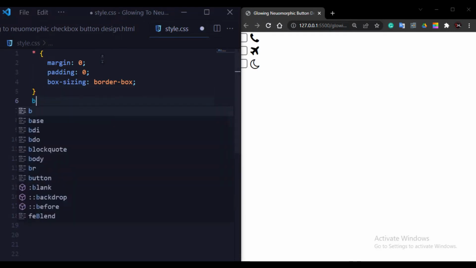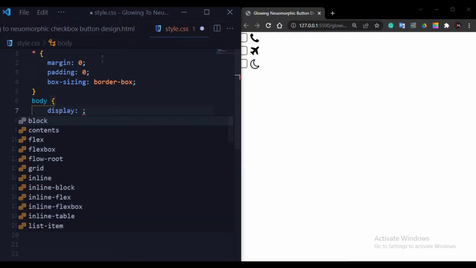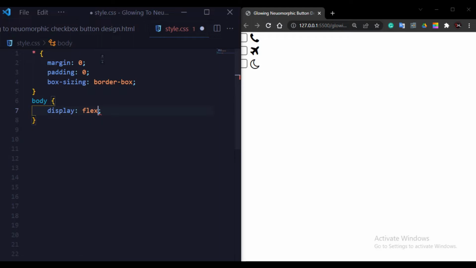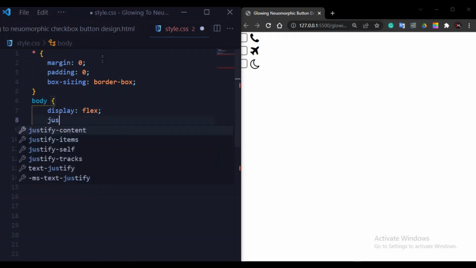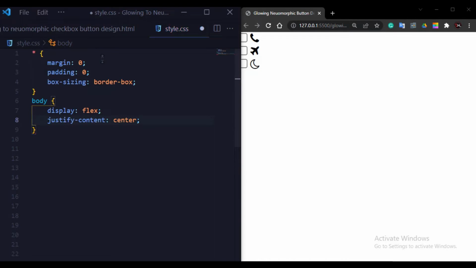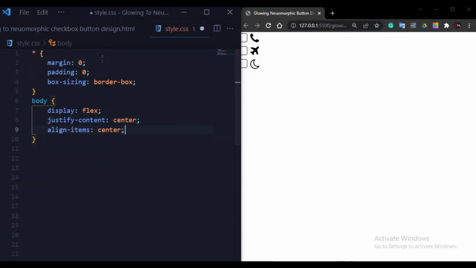Now I will use the body element, and I will give display property flex, justify content center, and align items center, minimum height 100vh.